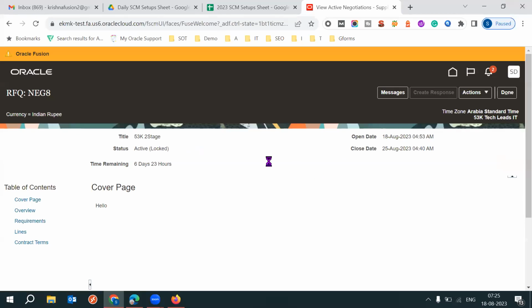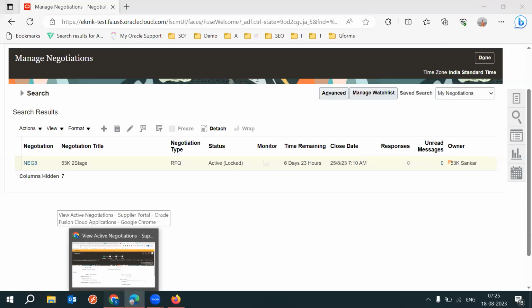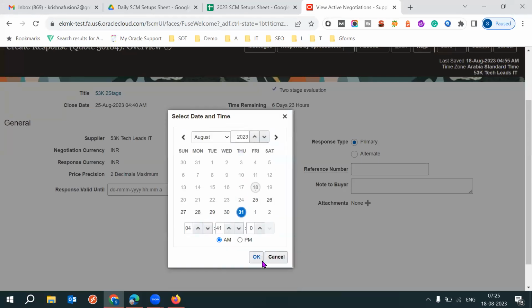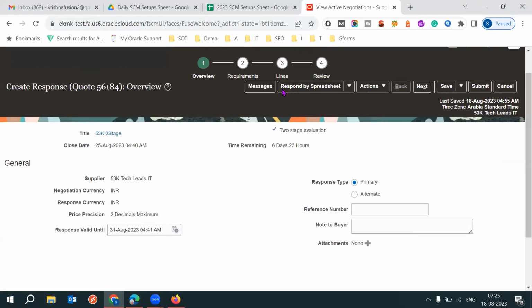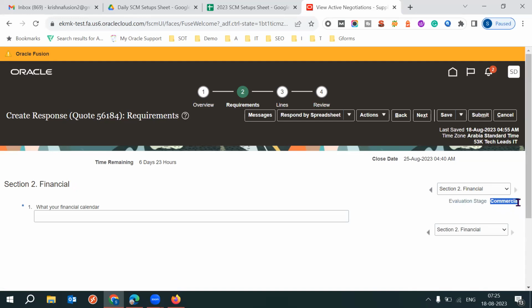Now I'm creating a response. So currently here, if you see 0 responses, okay, I'm submitting a response now. Response validity till this month end. And if you go to requirements, do you perform quality check? Yes. And the next question is commercial, nothing but finance related question. January to December, our financial calendar. And if you go to lines,